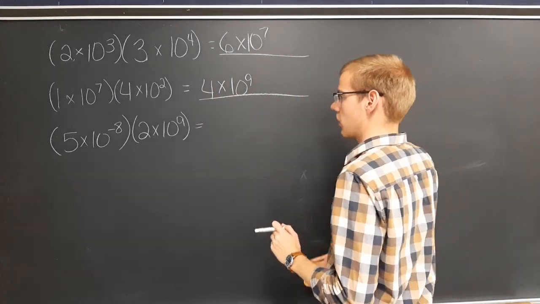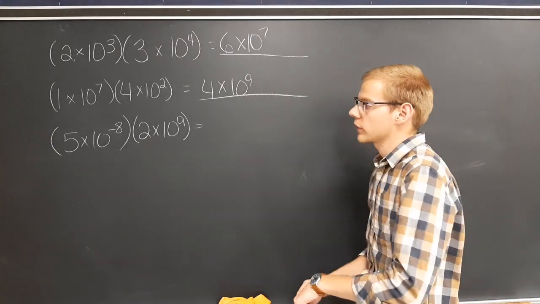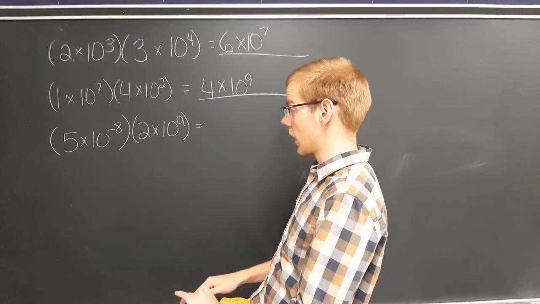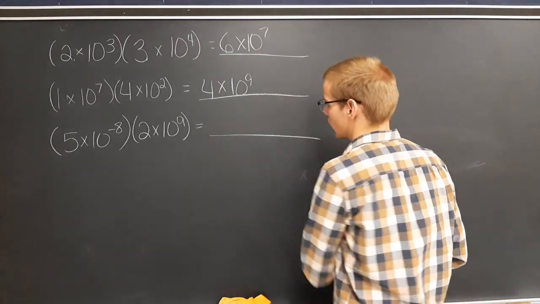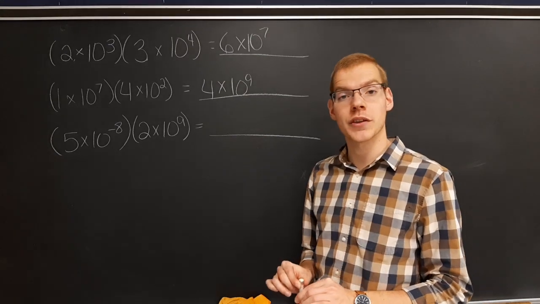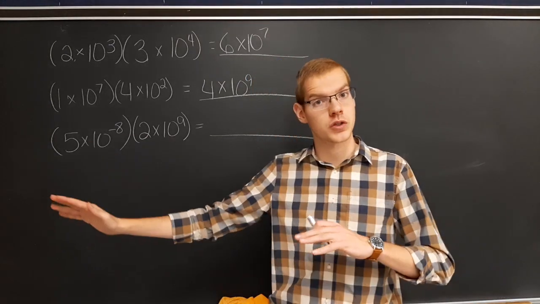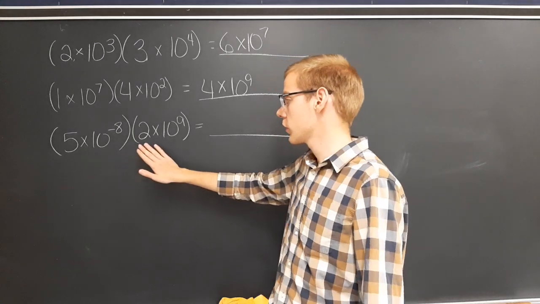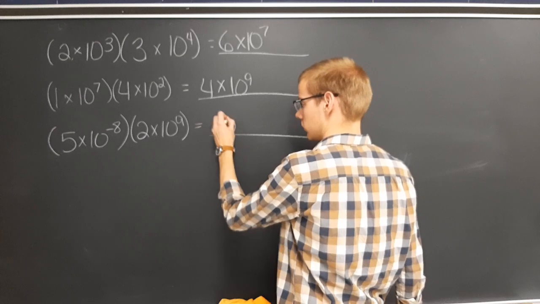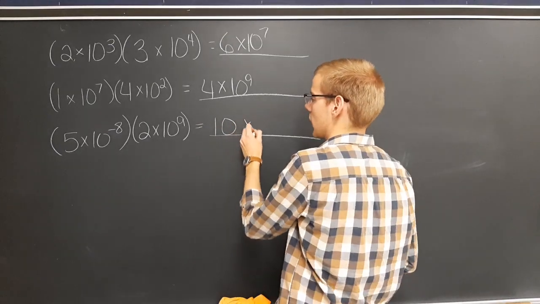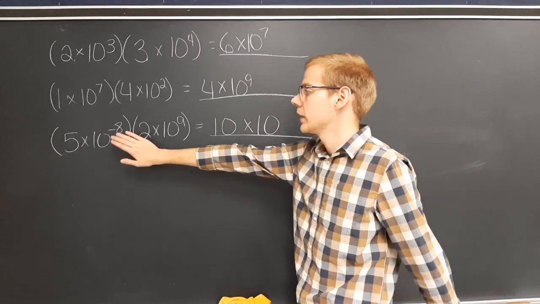Multiplied by 10 to the power of negative 8, and multiplied by 2 times 10 to the power of 9. How do you do that? Let's work it out the same way as we did the other one. What do we do first? Multiplication of the first two numbers. So 5 times 2, which is 10. There's a lot of 10s. 10 multiplied by 10 to the power of what? Negative 8